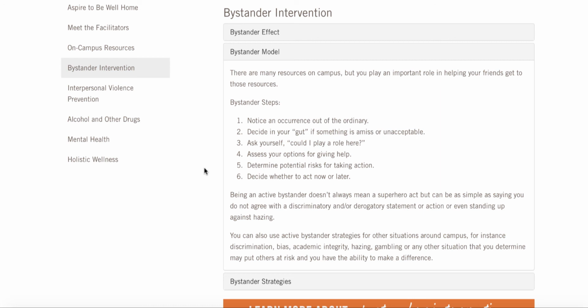Maybe in a different type of situation, I see two people fighting, I might say my risk if I jump in and try to break them up might be a lot of risk. It might cause me to get hurt, so I might take another option instead of jumping in there and trying to break up the fight. And sixth, decide whether to act now or later. In the situation of someone falling, I would say probably act now. You don't want to just leave them there and see them get trampled, but maybe if I was watching a fight or something, I might act later by asking them if they're okay or anything like that.